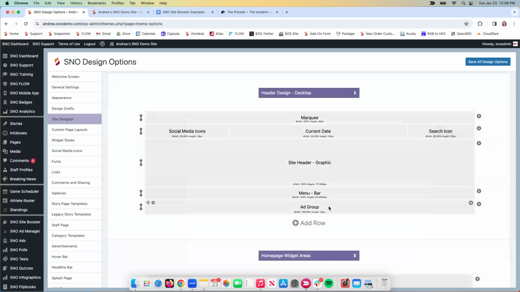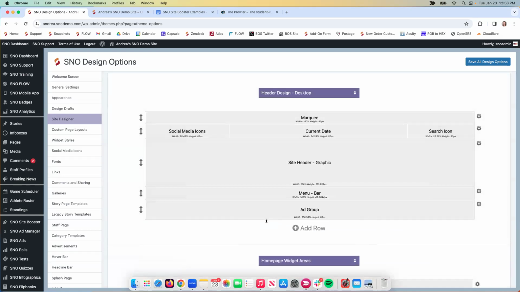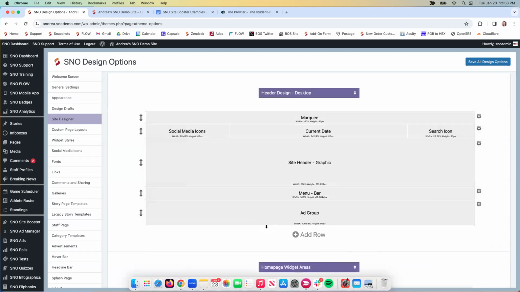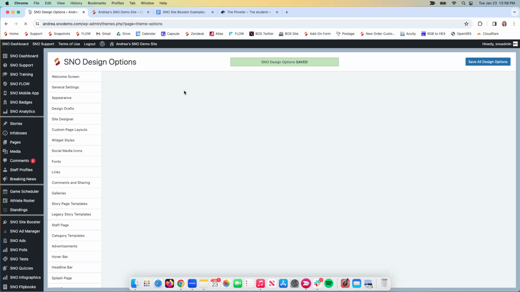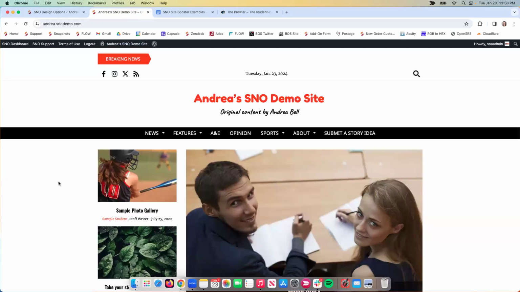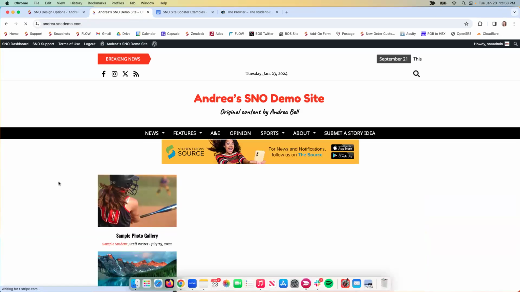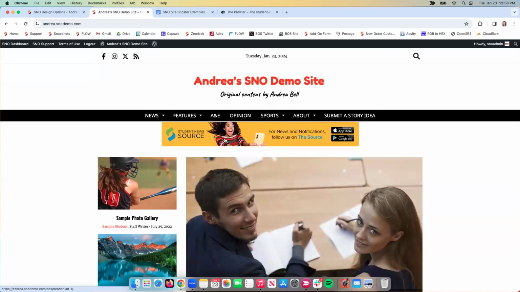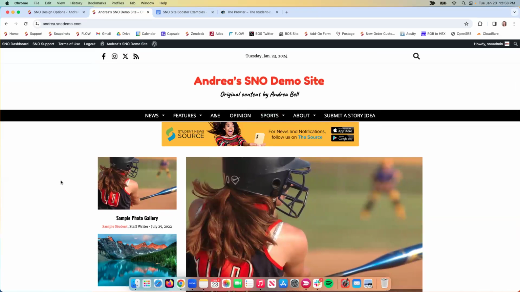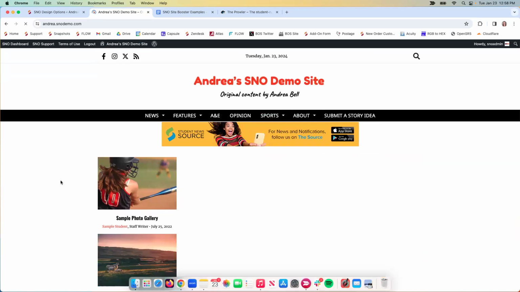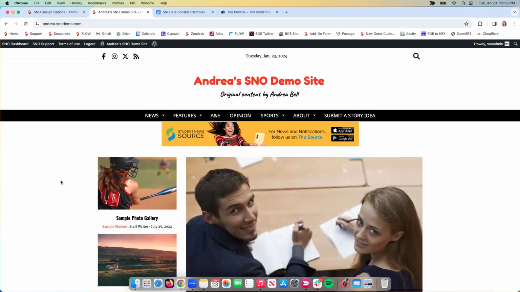But if I click out of here, this is actually only 50 pixels tall. So I would want to probably come in here and click and drag on the border and make it at least 90 pixels tall. That way I'm seeing the full advertisement. So I'm going to do that and then save. And now if we go take a look, I should see my header ad group there. And I've only got one ad in it, but if I had multiple in that group, every time I refresh,